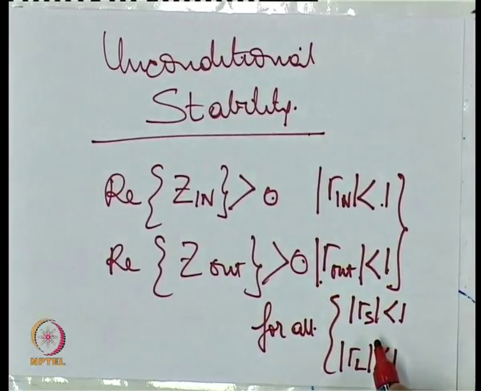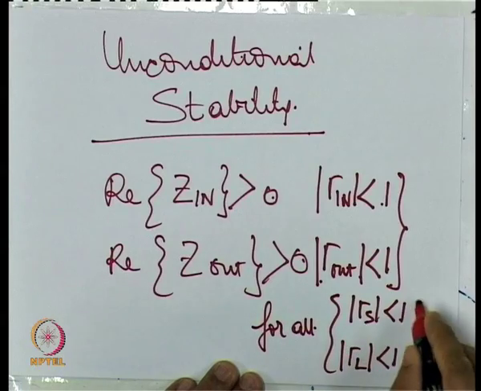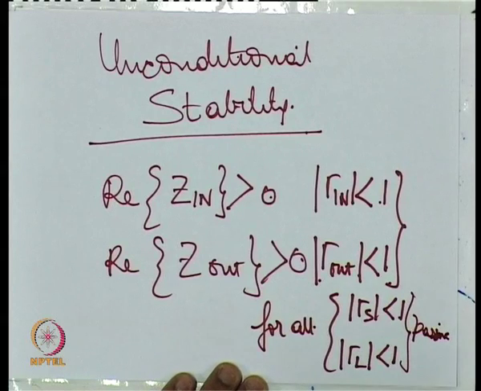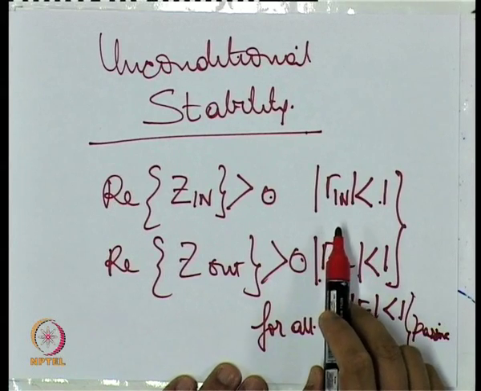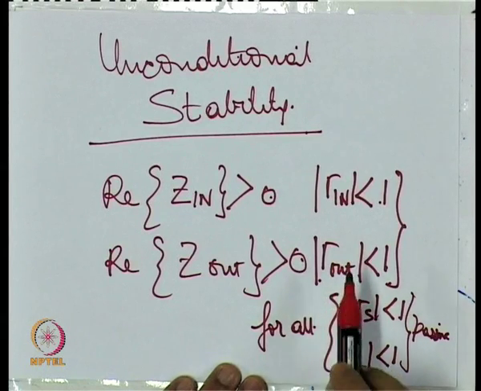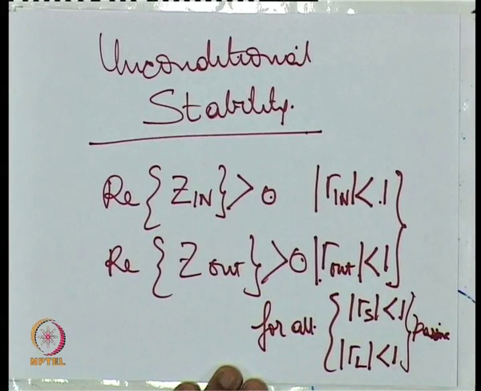so for all gamma s lesser than 1, or modulus gamma L lesser than 1. So this basically means for passive values of gamma L and gamma s, if modulus gamma in and modulus gamma out is lesser than 1, then the circuit is unconditionally stable. I beg your pardon. So if we turn to the notes on the slides on the monitor,